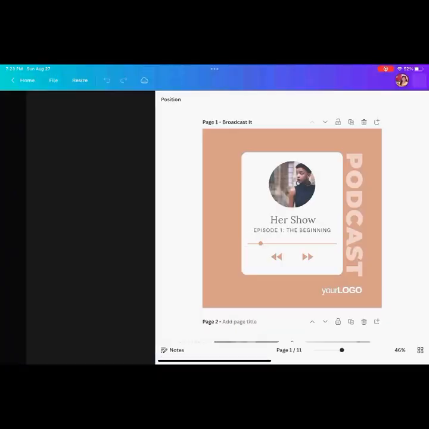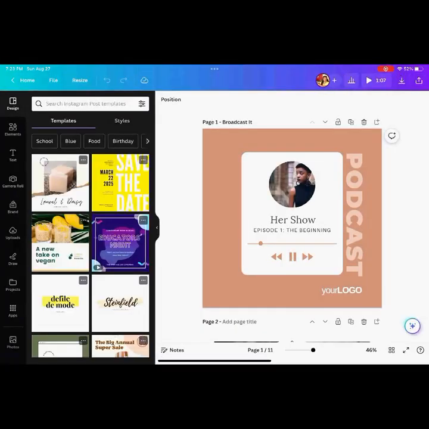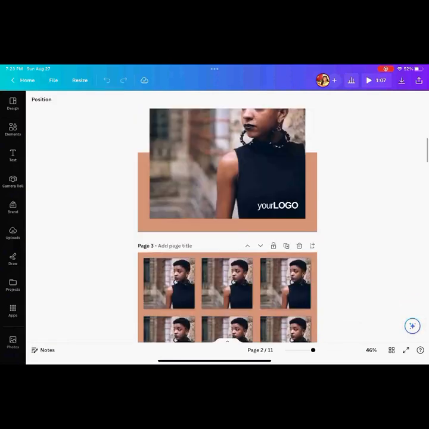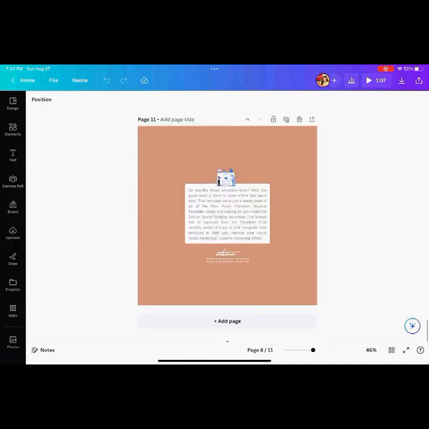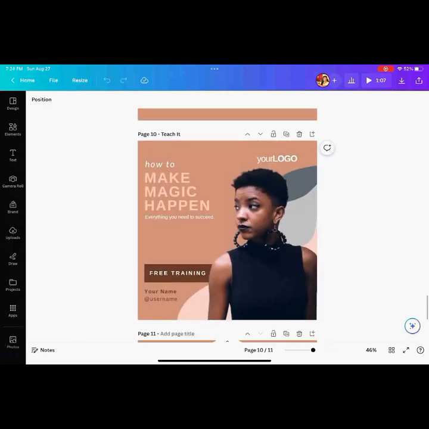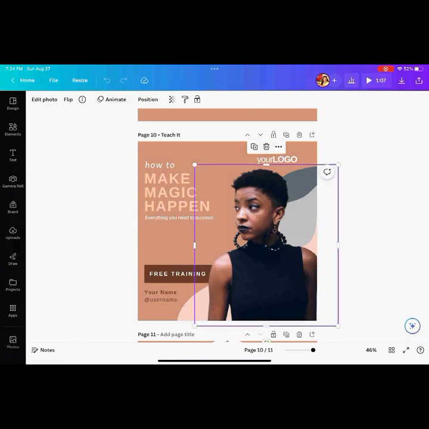So when it comes to coming up with graphics, you can build from scratch, but you don't have to, because I've given you quite a few graphic options to choose from. Okay? So let's take a look at some of these images. Here you have one with a young lady, and then you have the ability to edit the text. Now, to be honest with you, you don't have to keep this photo here. You can delete her and then put any other image you want in place of her in this graphic.